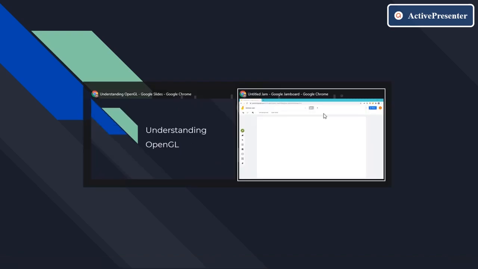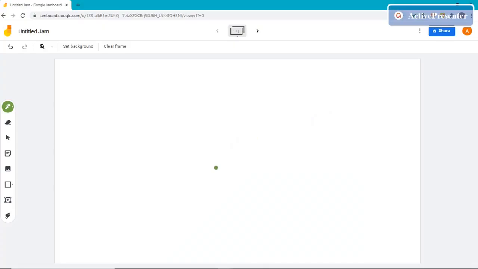Now, let me break OpenGL to you into some parts. So, your OpenGL can be divided into two parts.